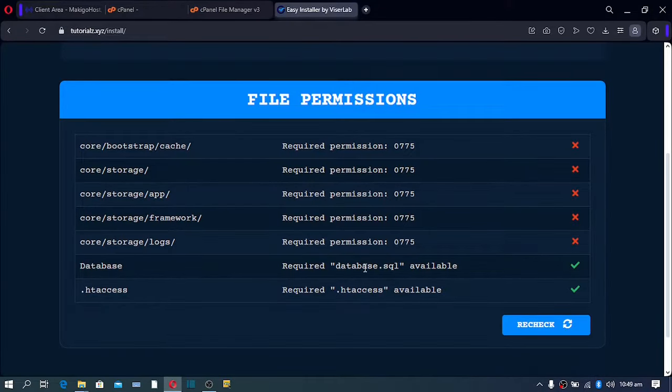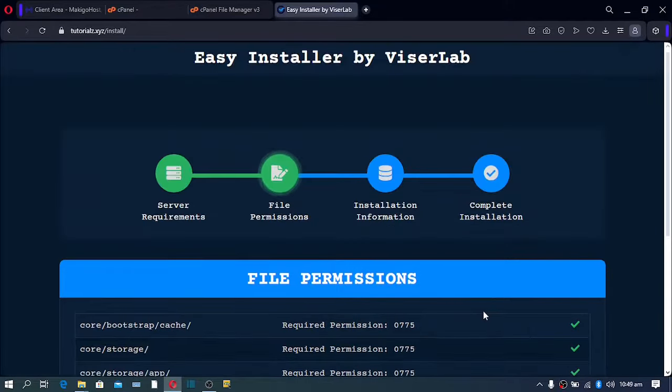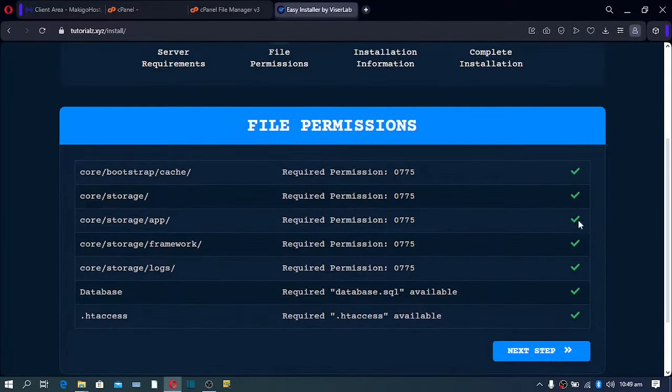the remaining, that database and HTML are accessible. So you can see everything is good. Click on recheck and you should see all these green marks, and that means everything is good and we're ready to go. Now click on next step again,